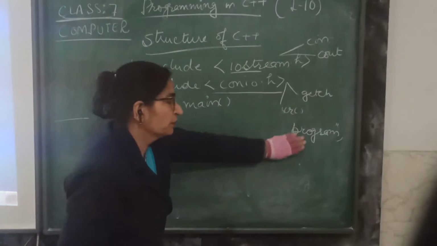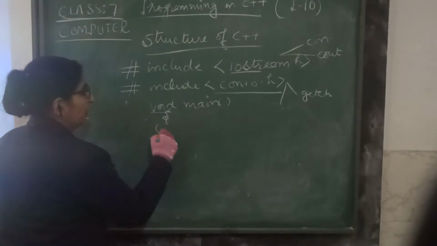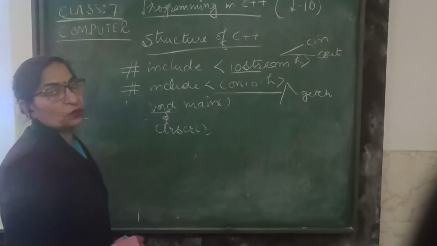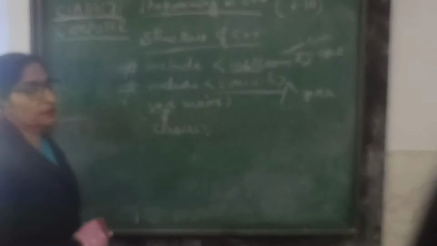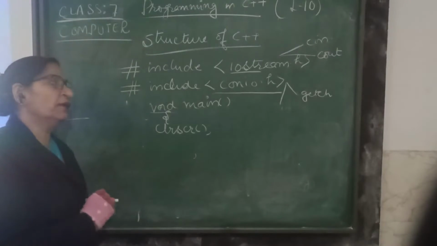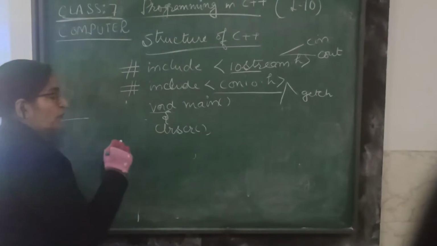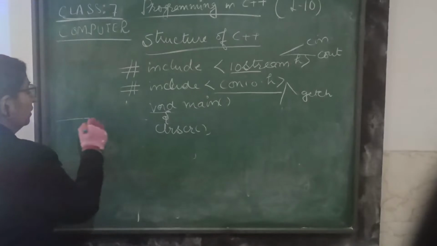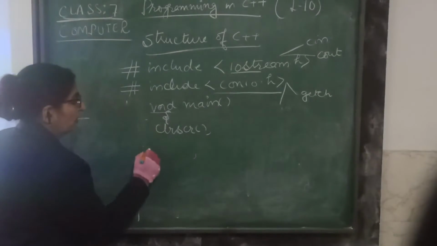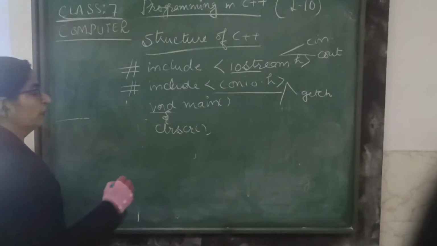After void main, here we write clrscr, and we will make one program to find the sum of two numbers. In this we will not use the statement cin. Simply we will use the cout statement after clrscr, because when we use clrscr, when we get our answer, the screen will be clear. Here we write a simple program to find the sum of two numbers.